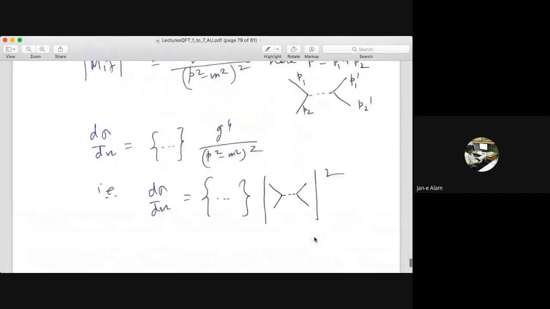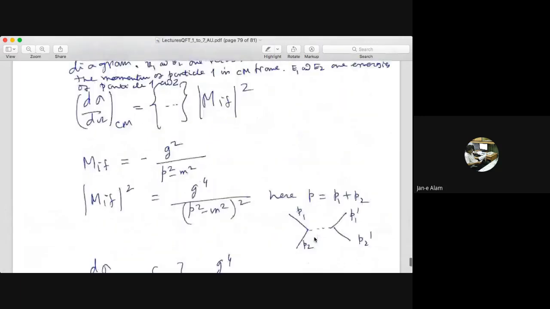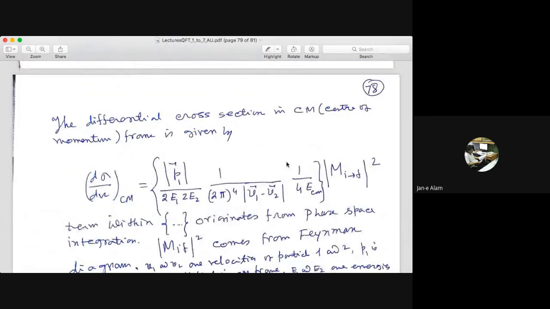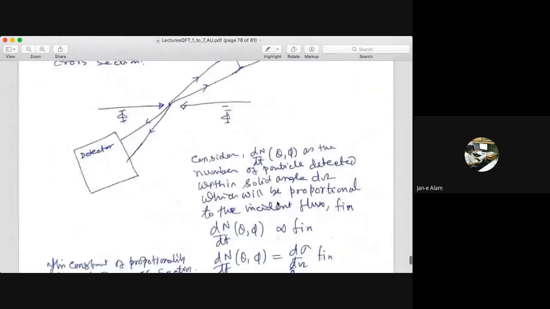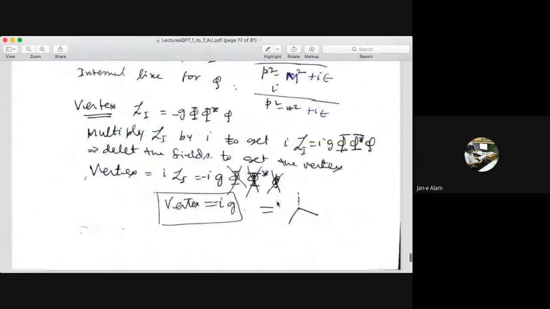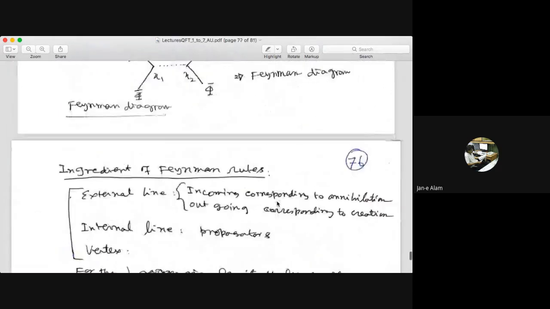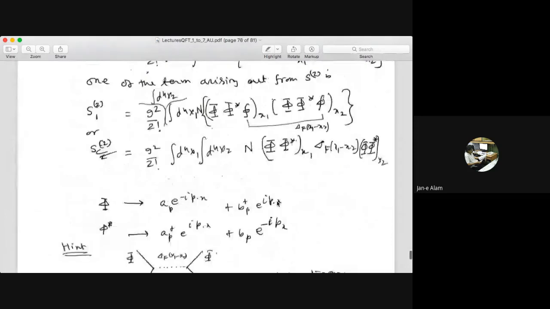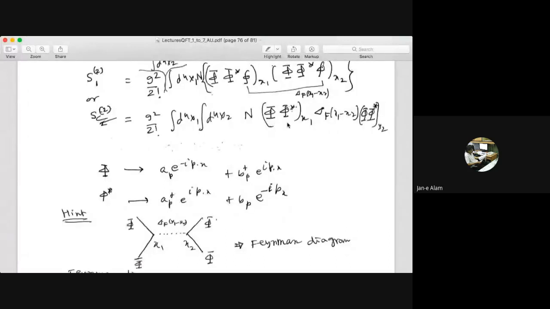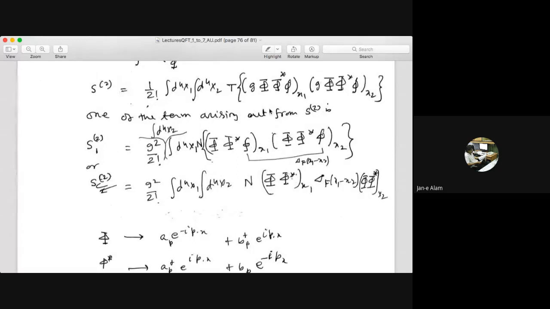Now this expression one needs to derive. Now let me give you some more clue to what processes can be there in a Feynman diagram. The board would have been very useful for me because there are a lot of possibilities which I cannot show you here. What I can do here: when I discussed this S2, I said that I have contracted this small phi field, so that is giving me the propagator.